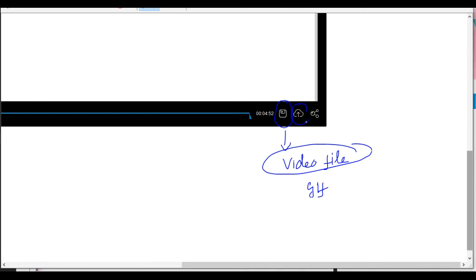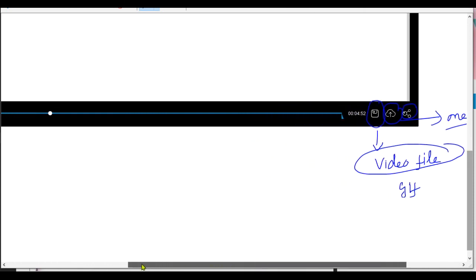Suppose you have a OneDrive account and you want to save your file in your OneDrive instead of your desktop, then you can go for this option where you can do that. There's also a sharing option, if you wish to share it at the moment instead of saving. And now one more important thing you want to know in this part is